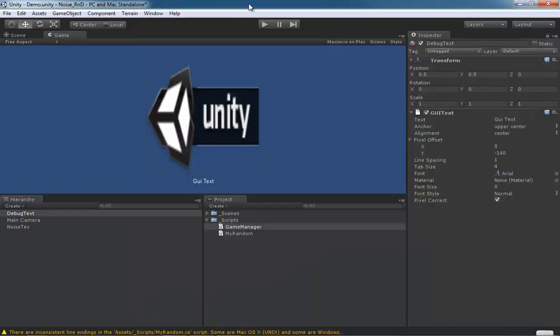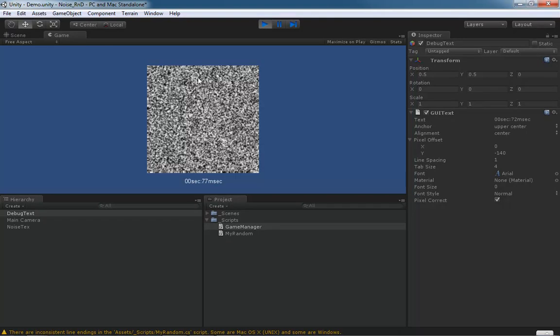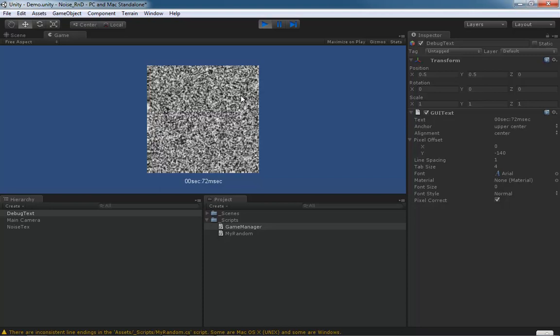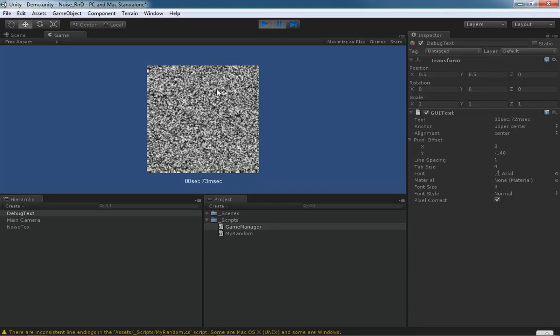And if we go back here and we run this again, as you can see, we've got lots of different points in here, but none of this is very smooth as far as gradients. So if I pause this so it doesn't update, we'll be taking a point, let's say this point on this corner right here. We're going to take its color, and the color at this corner, and the color at the lower right corner, and the color at the lower left, taking those 4, adding them together, dividing them by